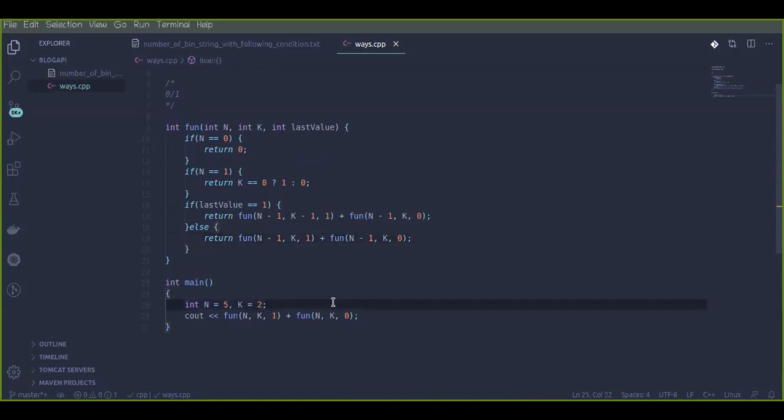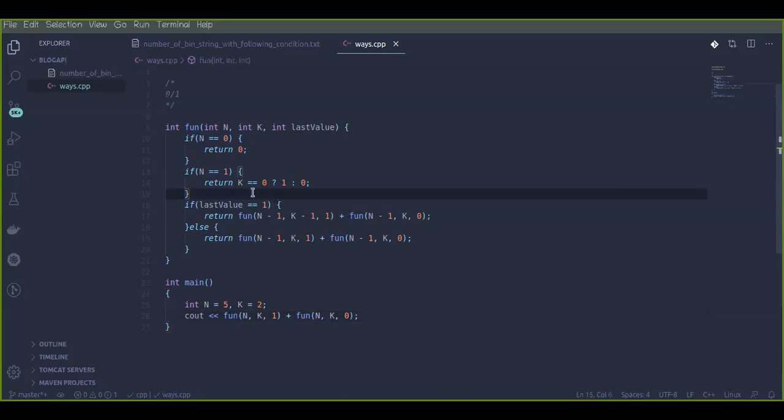For your reference, I can tell you the result for this. The result will be 6. You can simply generate all the possible binary strings of length 5, test with k equal to 2, and you will surely get the result as 6. Okay, so this is the solution basically.